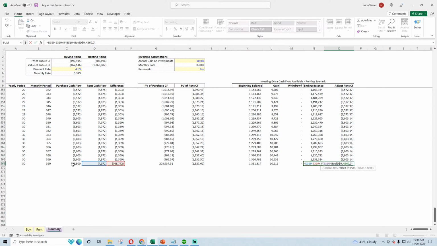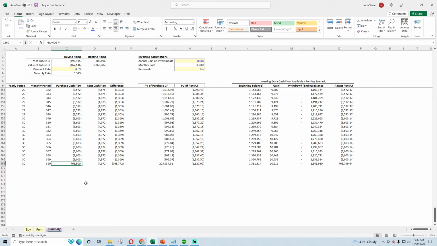So even though this is creating a negative difference, you actually don't, because you also have the stock amount. So let's say at the end, this is 763. If you were to have rented the whole time and got a 10% return on the difference in cash flow from buying, you have 1.3 million at the end. So your rent cash flow